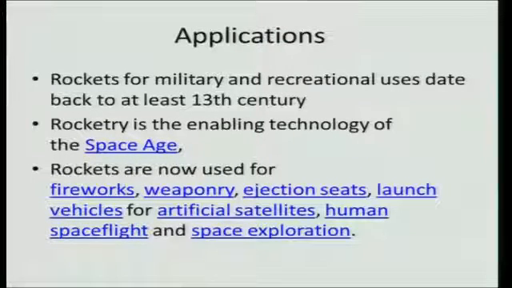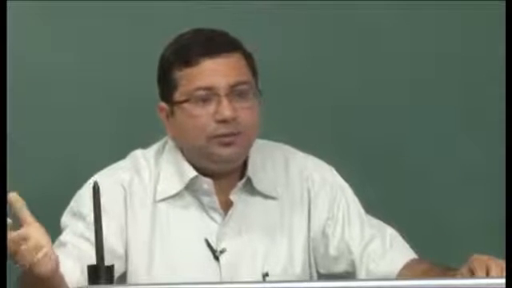Even the satellites themselves have some kind of small rocketry devices, because the life of a satellite is defined as how long it can remain in the specified orbit. As the satellite keeps on moving in the orbit, slowly because of the gravitational pull and because of the small drag that is present, it starts to deviate from the orbit. Also, it may lose its attitude. If it is beyond a certain point, then it is of no use to the user, because the signals will not be coming back in the proper place.